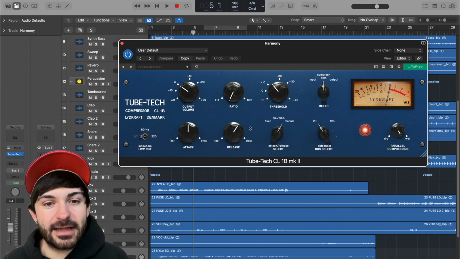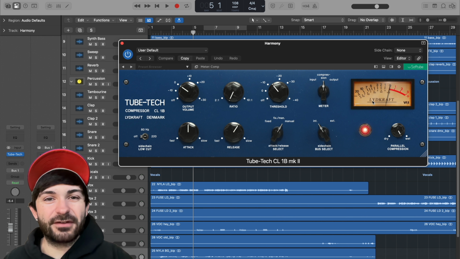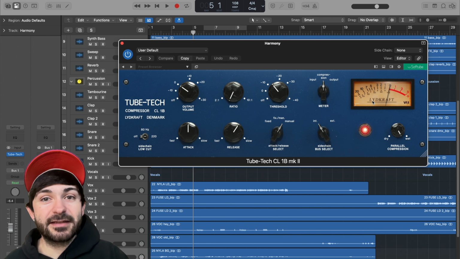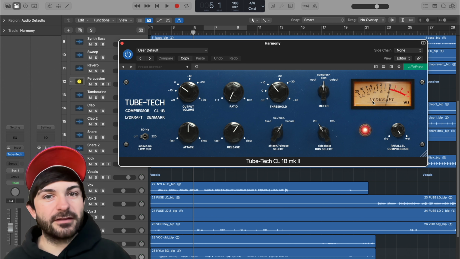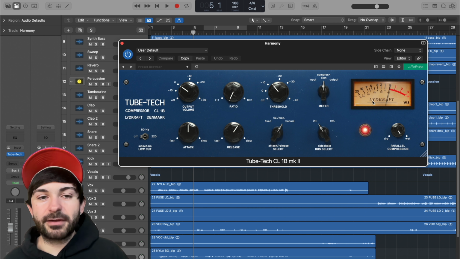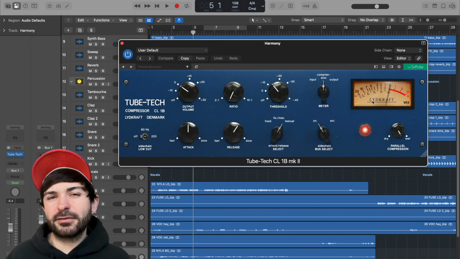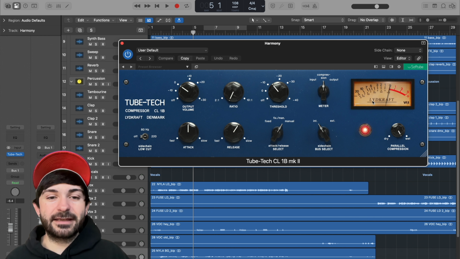I like to do my attack at 12, my release at 2, and get at max like 5 dBs of gain reduction. This is a trick that I learned from Tizio, who mixes for Chris Brown, etc. He likes to do this in the physical domain before it hits the DAW while recording. So I like to simulate it in my DAW if I know that the vocal wasn't recorded that way. I'm doing this for pretty much every genre. Sometimes I might compress a little less, maybe a little bit more. But like I said, as long as you're not doing more than 5 dBs, that's where I like it personally,